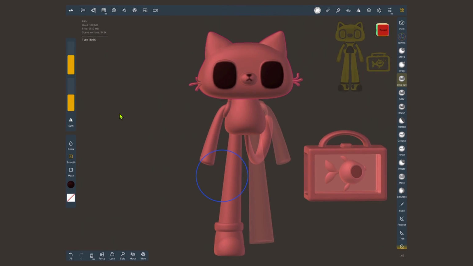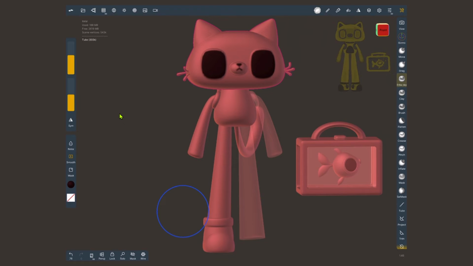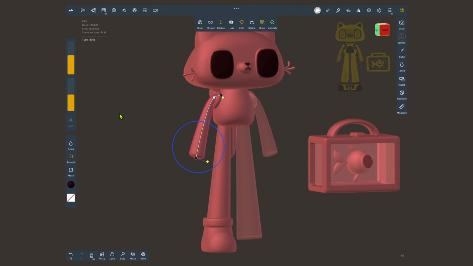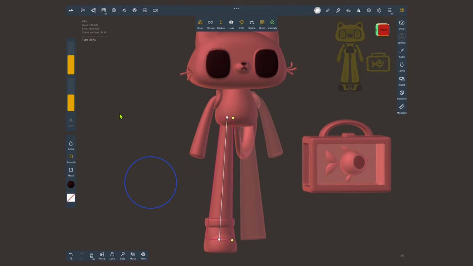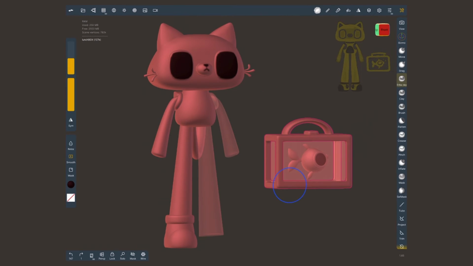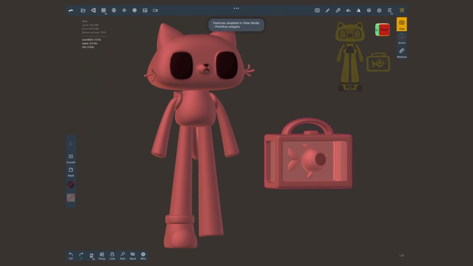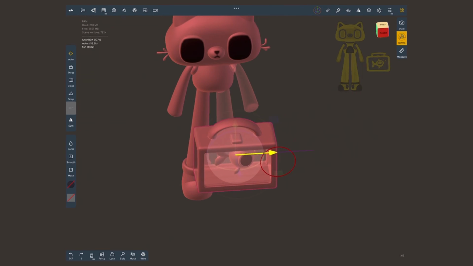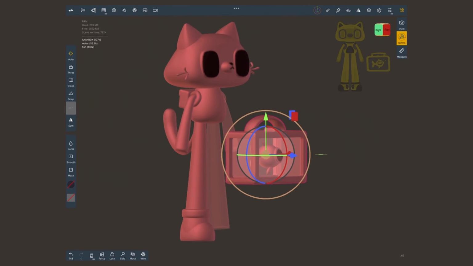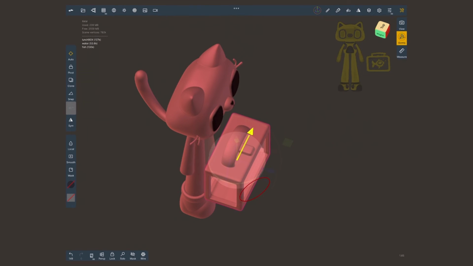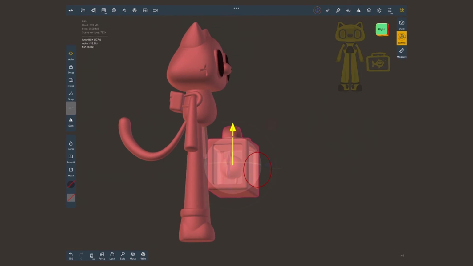Once again, I'm gonna repeat the same stages to merge the other main groups. But I gotta make sure that the arms, body, legs and tail are independent for posing, which is exactly the next step that I'm gonna show you. This final stage takes time. However, it is as simple as selecting groups of things and moving them around with the gizmo.